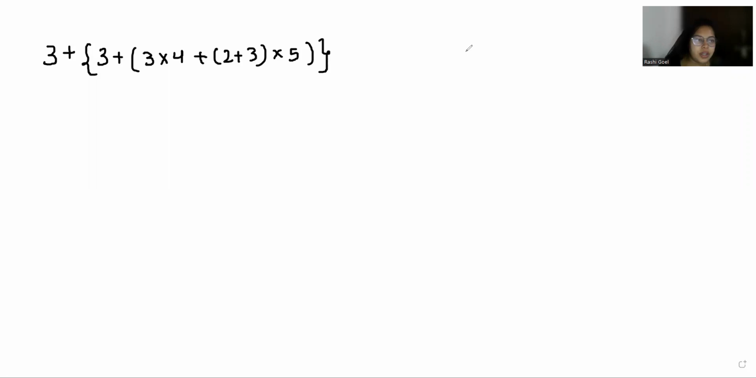My name is Rashi Goel and in this video we are going to solve 3 + (3 + (3 × 4) + (2 + 3 × 5)) ÷ 12. So here I am going to use the BODMAS rule